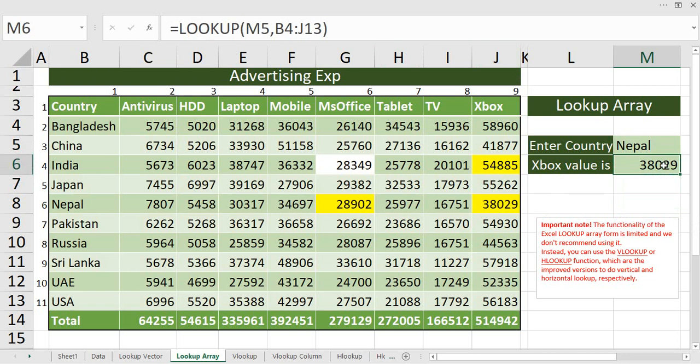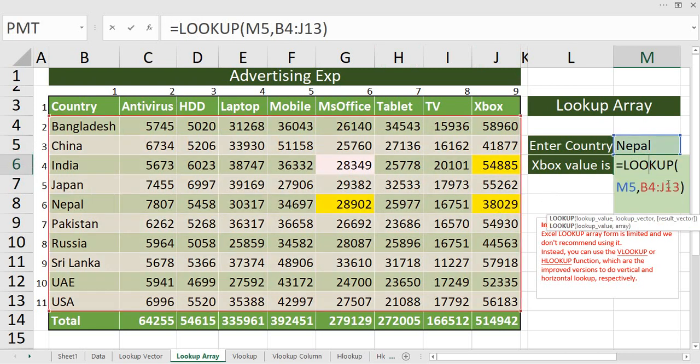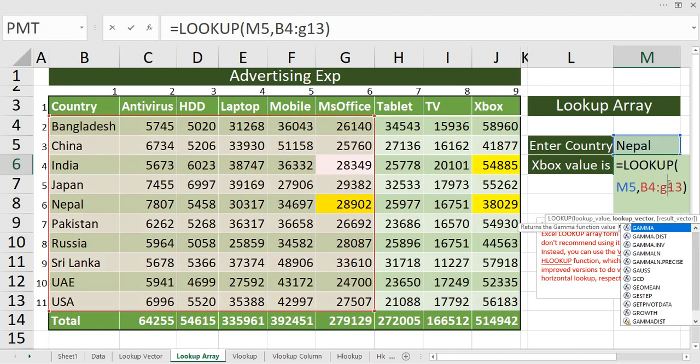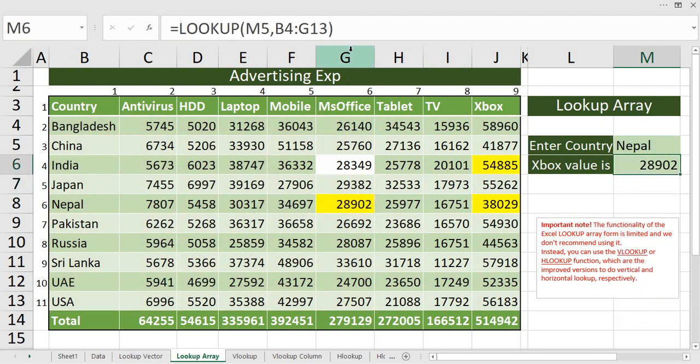Right? So what if I want to retrieve the details of MS Office for Nepal? In that scenario, I just need to change my result vector to G. That means I'll be selecting the table panel only till the area where I want the output. Automatically that last column's values will get retrieved. Let's see if I'm getting the output. Perfect, I'm getting the output for Nepal. So if you want the output for tablets, TVs, whatever you want, you can just make your selection as per your requirement. Okay, again this is a part of your lookup function only, so the condition will go the same, that is your data should be sorted and it is going to give you an approximate match.